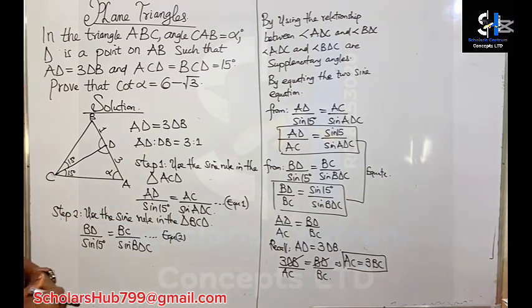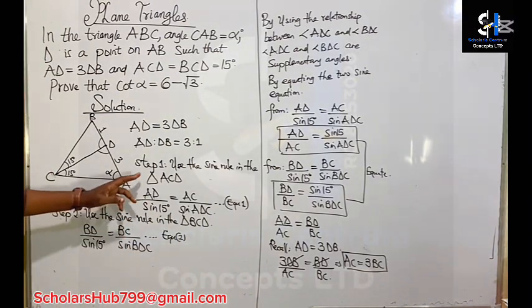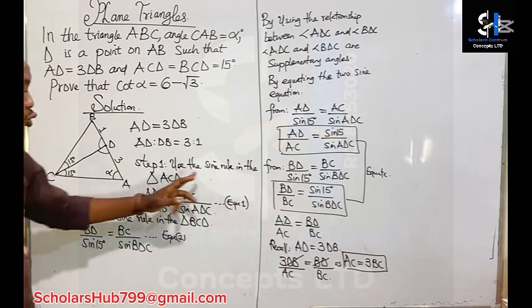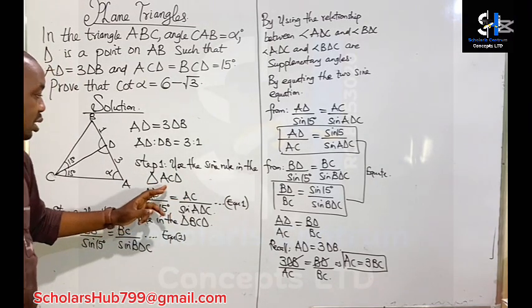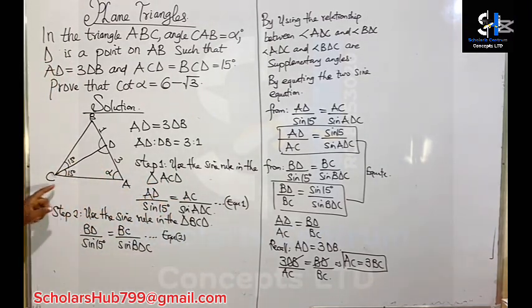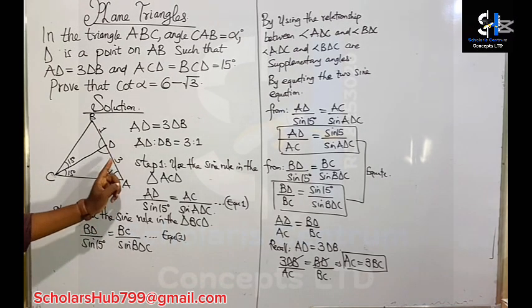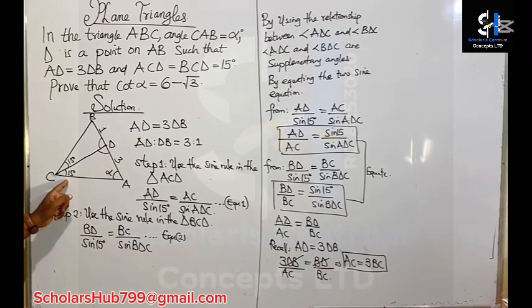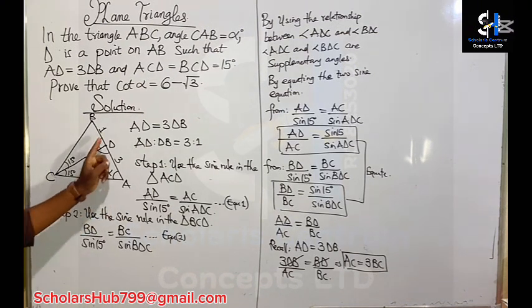Now, like I said, from my step 1, we use the sine rule in the triangle ACD. So AD is opposite angle 15 degrees, and that will be AD over